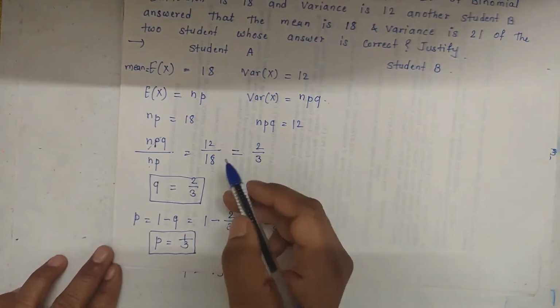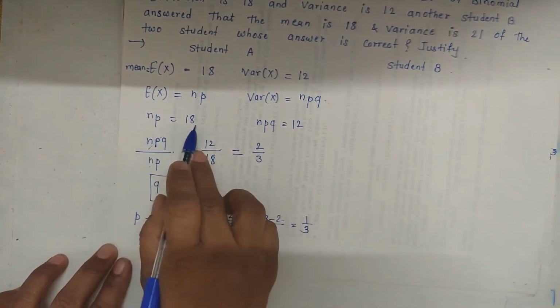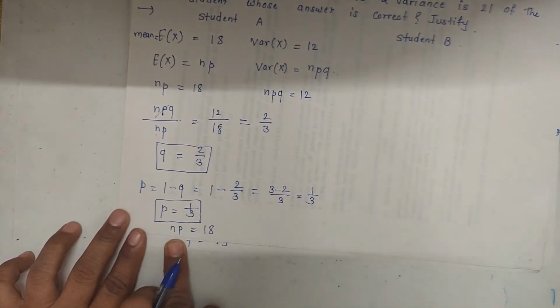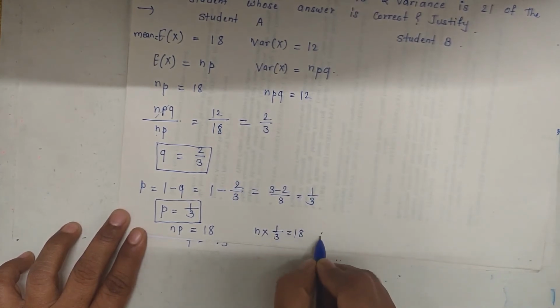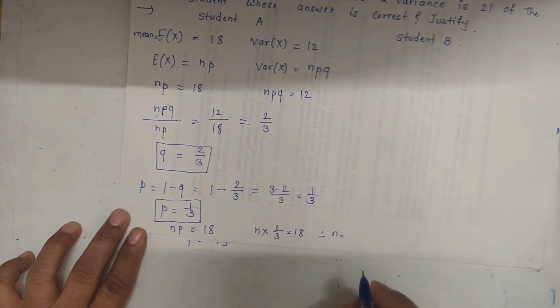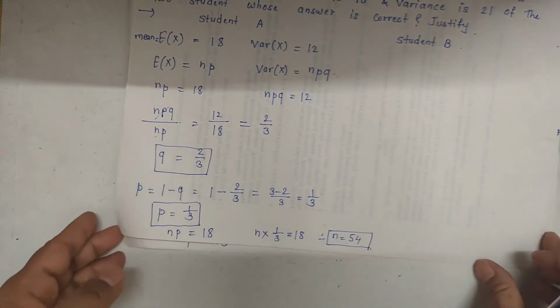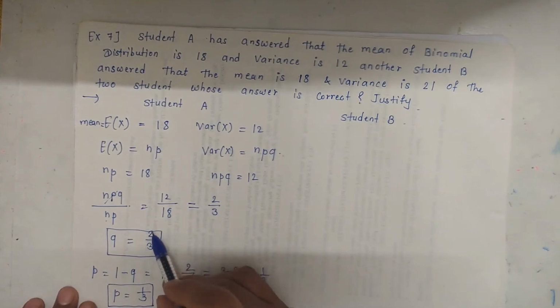Also from these two values we get the number of trials, that is the value of n. Here np is equal to 18. We know the value of p, 1 by 3. So n into 1 by 3 is equal to 18, and therefore n is equal to 18 into 3, 54. So n is equal to 54. Here p is equal to 1 by 3 and q is equal to 2 by 3 for